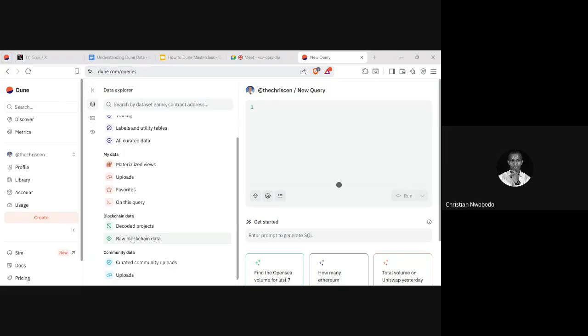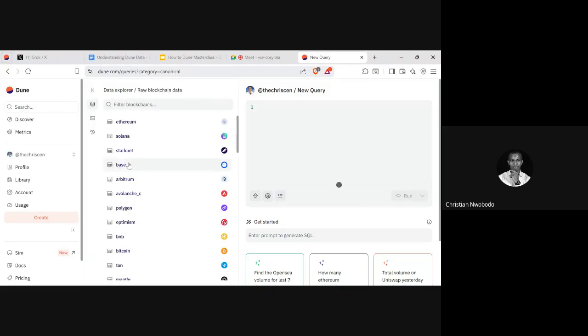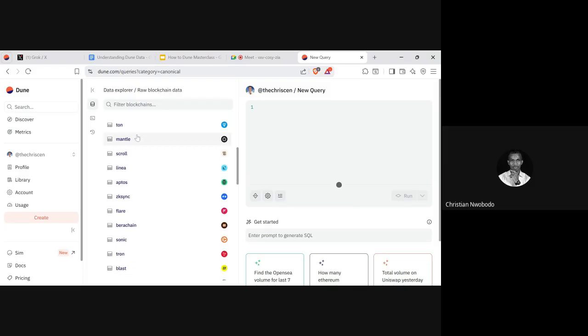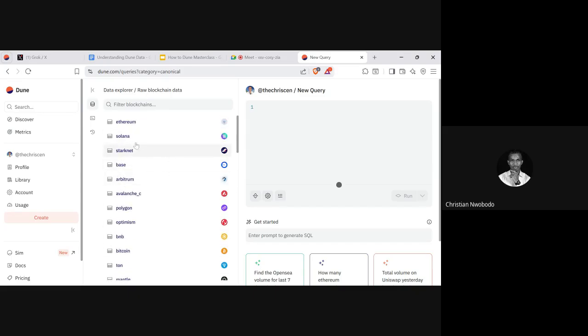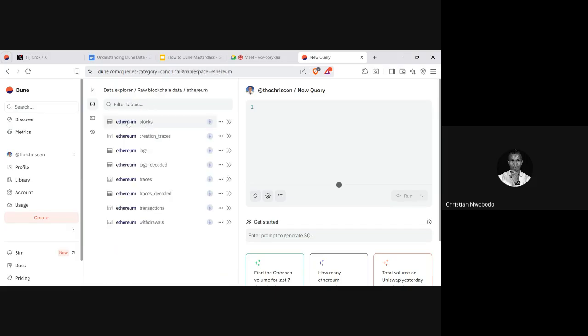Now let's start from the first one. I mentioned raw data, right? These are raw blockchain data for the different individual blockchains that we have. So you have Ethereum, Solana, Starknet, Base, and all. Zooming into Ethereum, you find blocks, logs, traces, transactions, and withdrawals. Now, I want to say something. In the mapping, I noticed that most data in raw data, like most data in Flipside's fact tables,